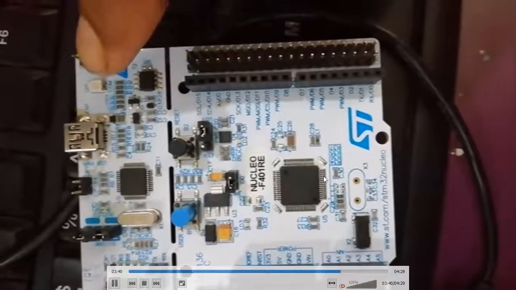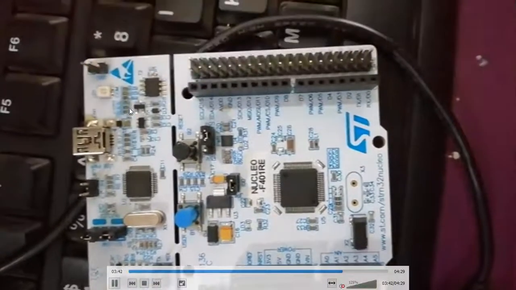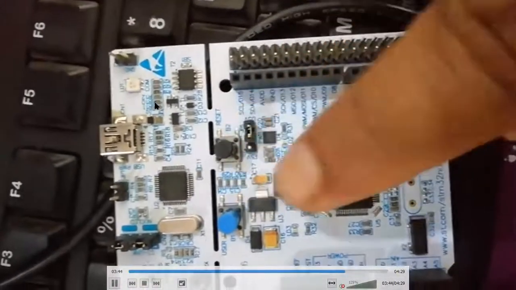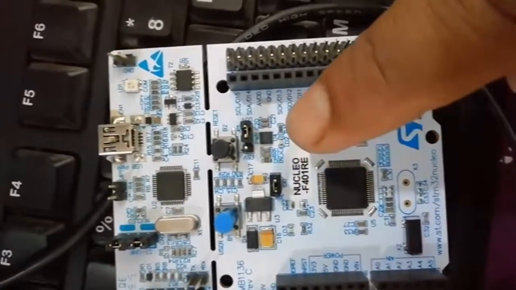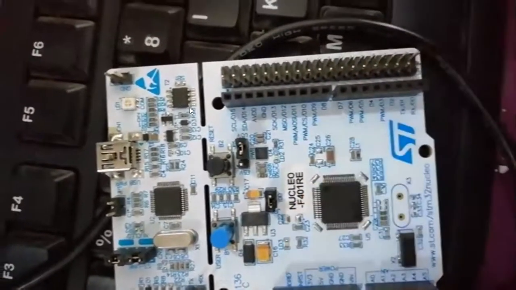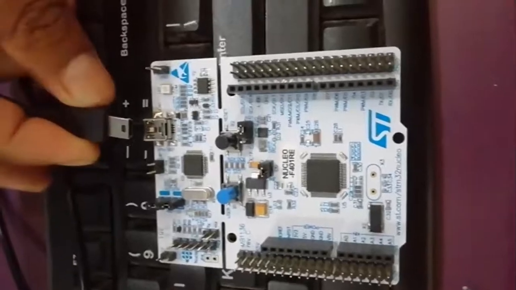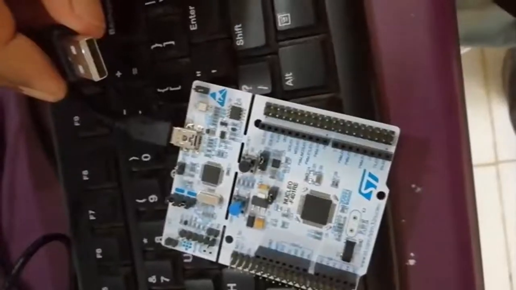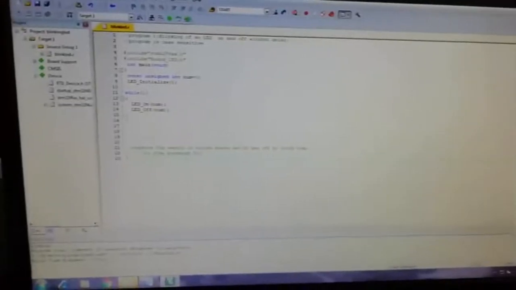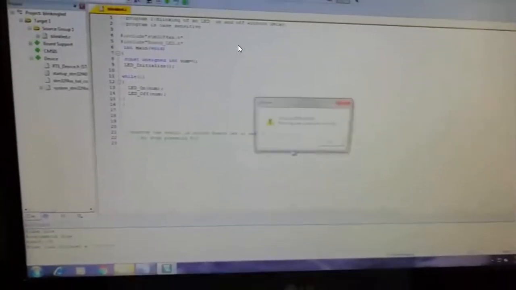This is the board we will be using, and these are the LEDs which we try to glow. Connect the device directly to the system with the help of the micro USB port and normal USB port, or if you have a laptop, then go for the debugging.